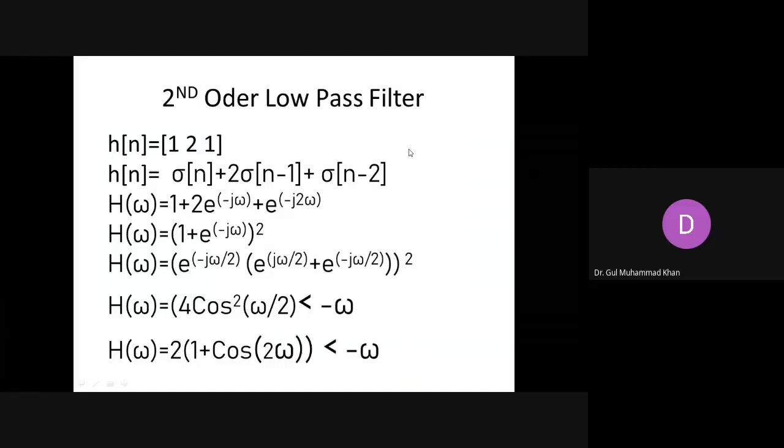The second thing you have to do is that in the last class we had a value of x of n as the input. So you have to pass the same value through this filter, and from that you can find out the value of y of n. So you have to plot x of n, h of n, and then y of n in the time domain, and then there are